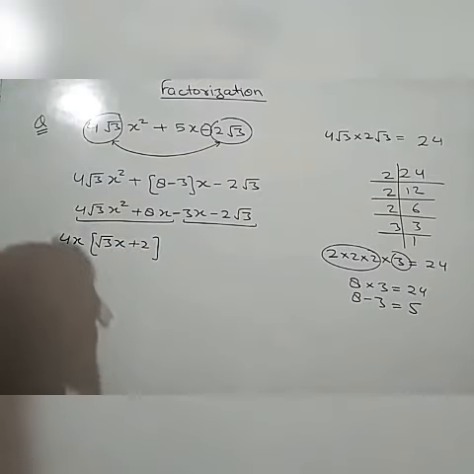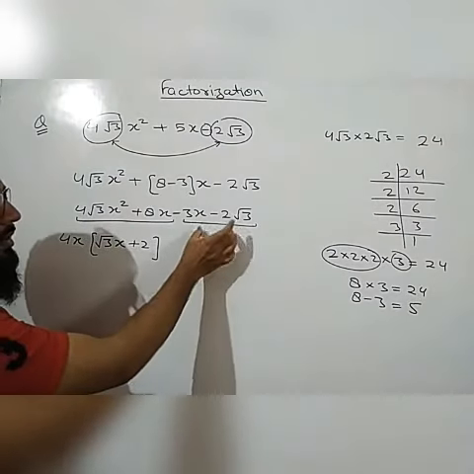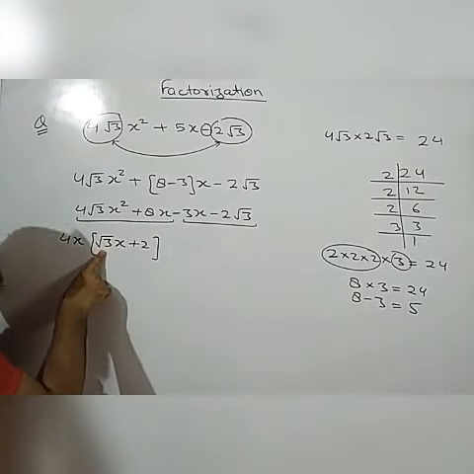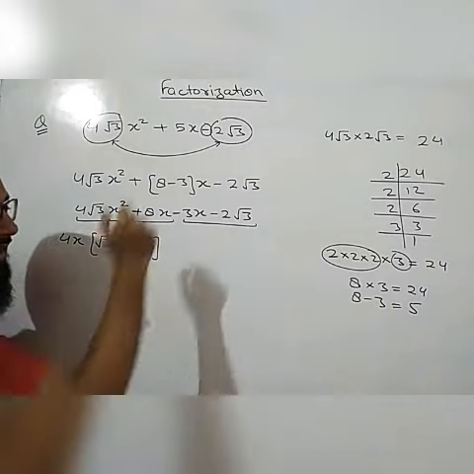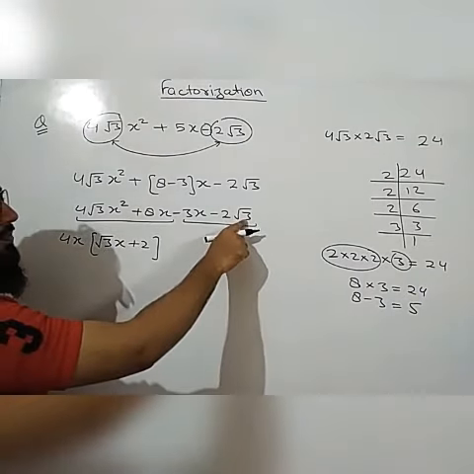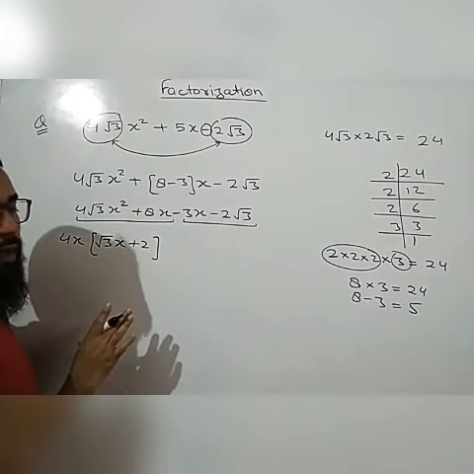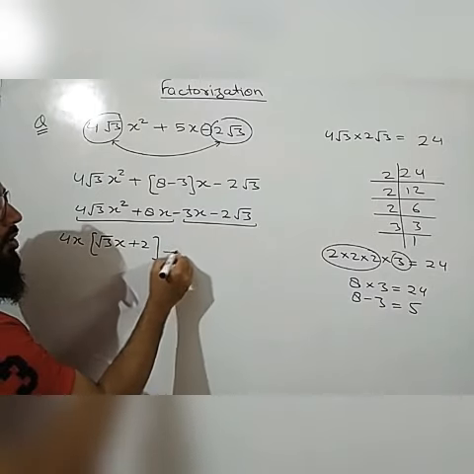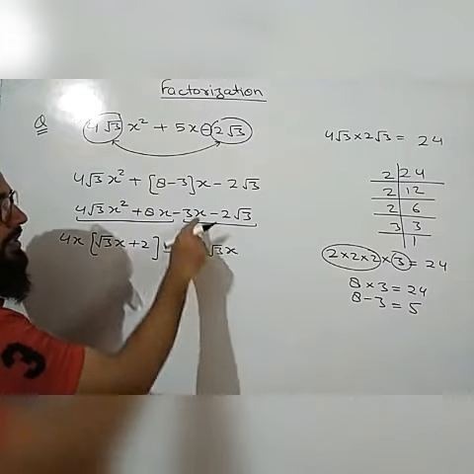Okay. Now what will happen in the second expression? Here it is root 3x in the bracket. So we have to get the same term in the second bracket also. For that, here it is root 3. And in these two expressions, nothing looks common. But if we convert this 3 in terms of root 3, we can write root 3 into root 3x.